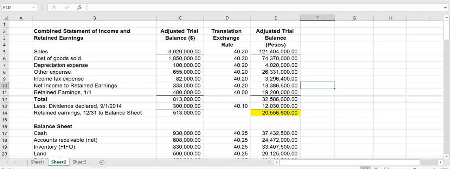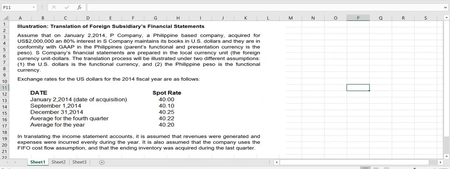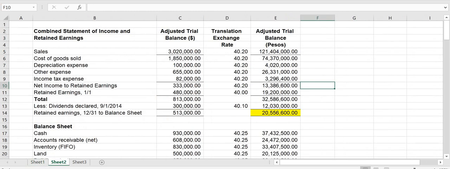You multiply it with the historical rate since this is the first year of acquisition of the foreign subsidiary. So the retained earnings beginning is translated at the historical rate, which is the rate on the date the subsidiary was acquired, 40 pesos. So we have retained earnings beginning of 19.2 million plus our net income of 13,386,600